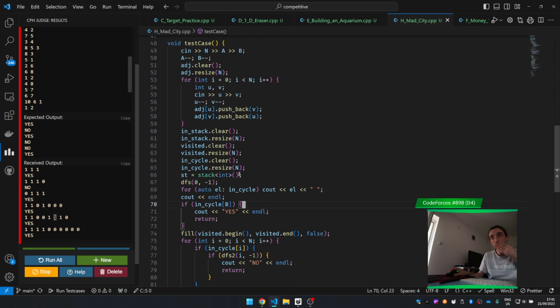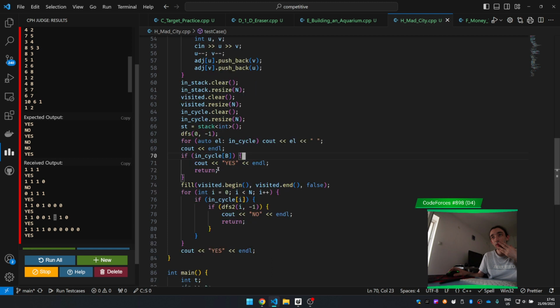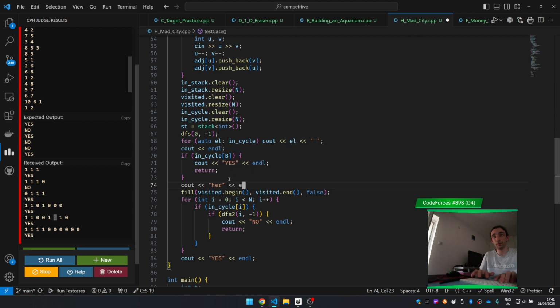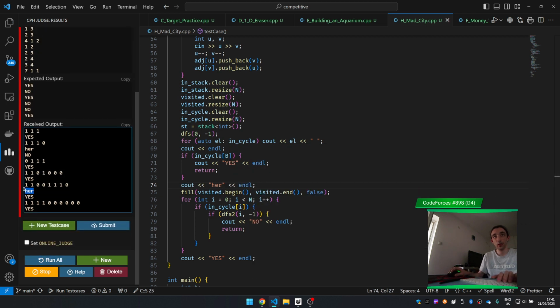Five is inside the cycle. 5 is inside. I think this passes the case where this is the, yeah, so this passes here, but then something goes wrong